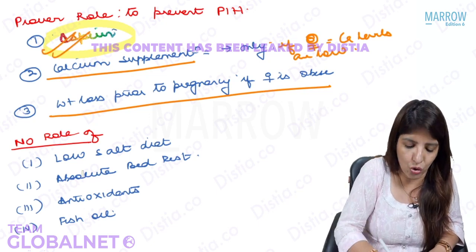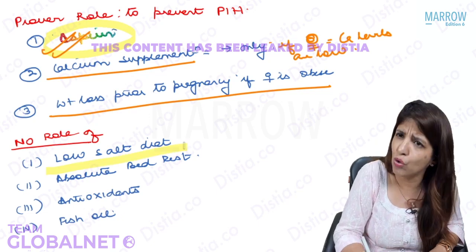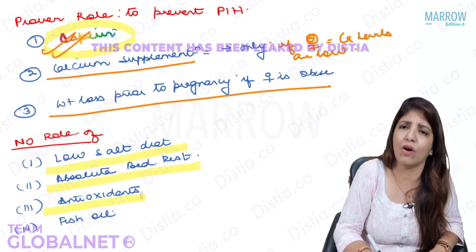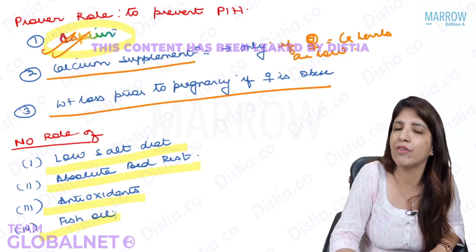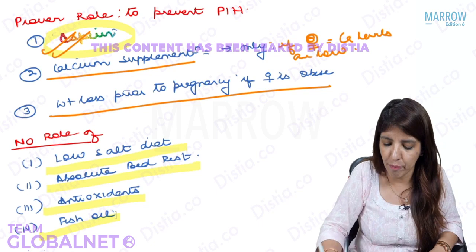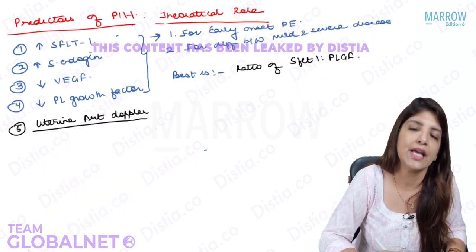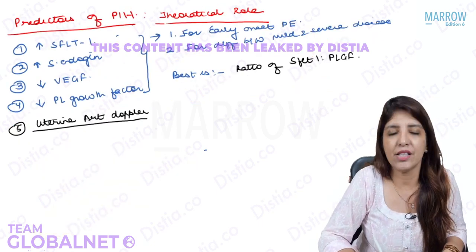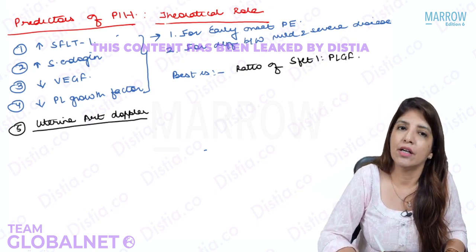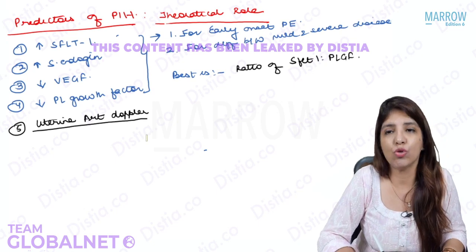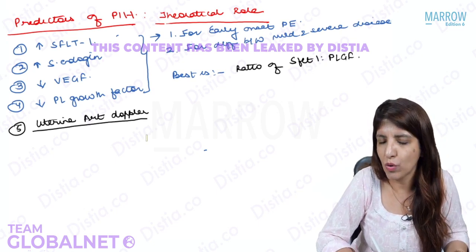Remember that there is no role of low salt diet, no role of absolute bed rest, no role of antioxidants, no role of fish oils. They do not have any proven role to prevent PIH. Right? Now, are there any tests which you can do to predict PIH? Yes, there are certain tests which you can do theoretically to say that your patient is going to have PIH,